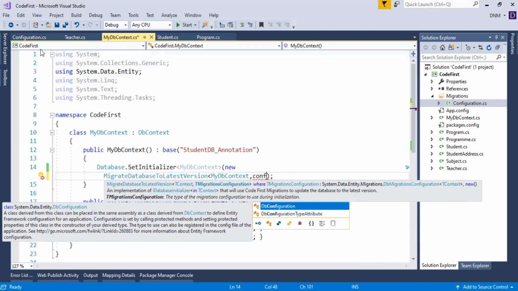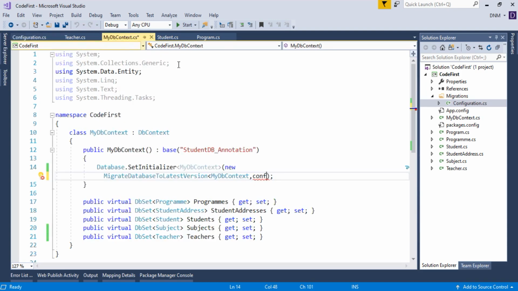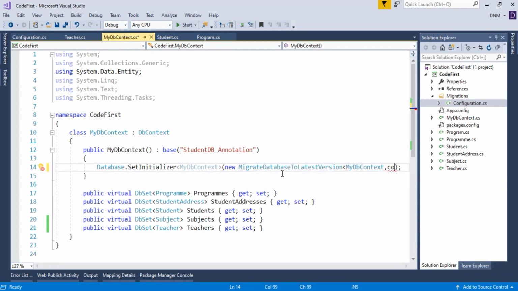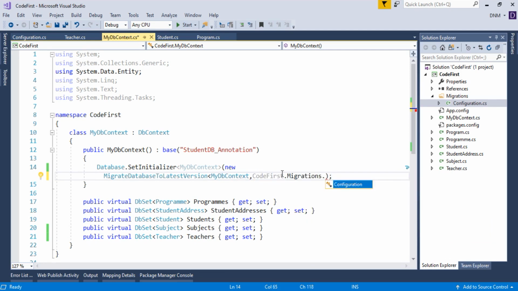I might have to give the full namespace. It is in code first dot migrations dot configuration. Okay, so that's it, done.